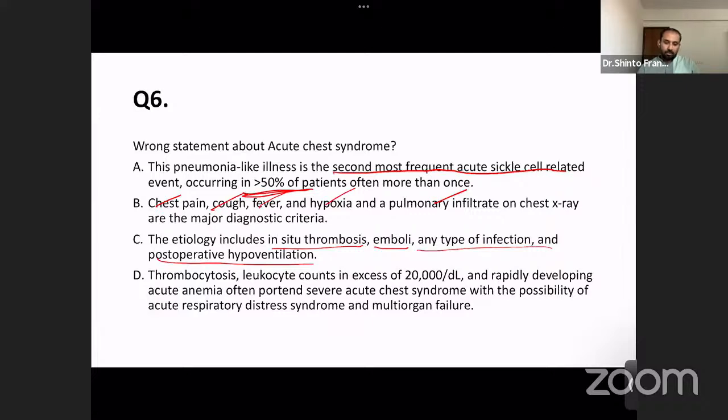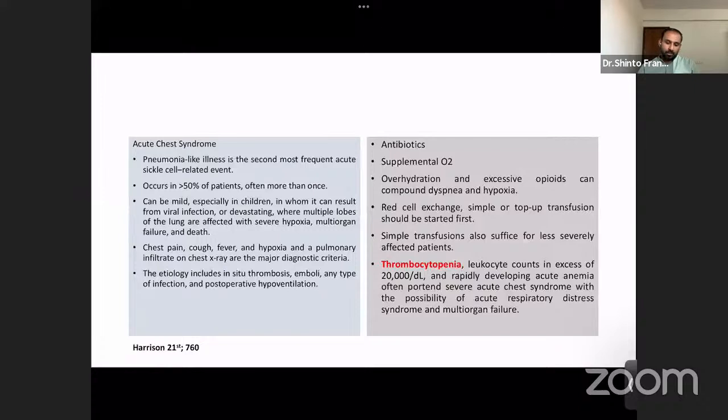Thrombocytosis, leukocyte count in excess of 20,000. Leukocytosis, thrombocytosis, rapidly developing anemia. So the CBC will show you anemia, and what kind of a TLC and platelets. Potentially severe acute prodrome with the possibility of ARDS and multi-organ failure. So what is the wrong statement? So here,